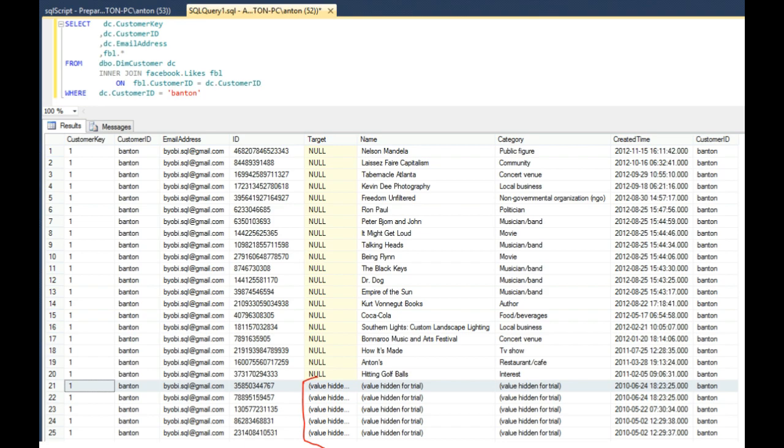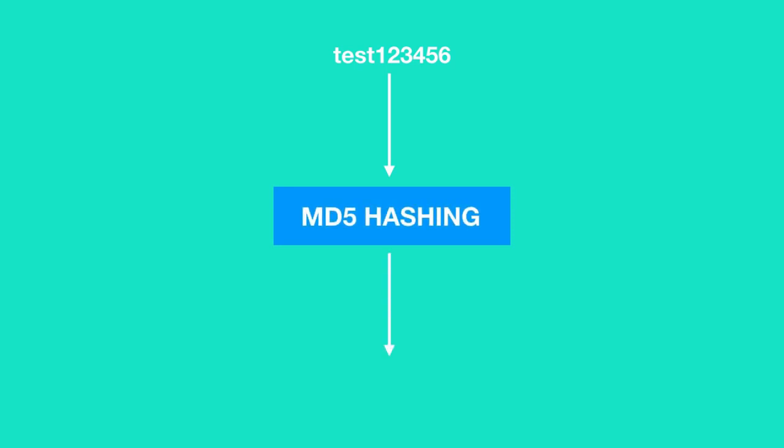As I said earlier, a password will never be saved as simple plain text in any website's database. So the password that you entered will be given as an input to a hashing algorithm, and the output given by this algorithm is the encrypted form of the password. The encrypted password is saved in a password field in the Facebook database, but not the simple plain text that